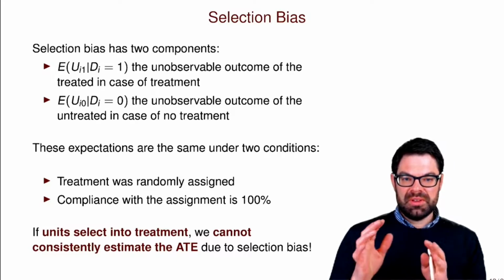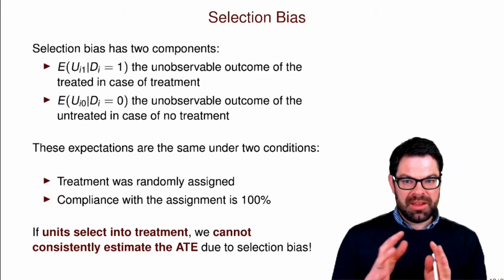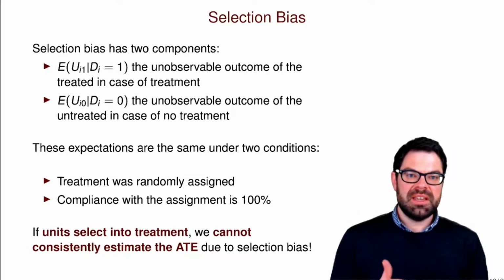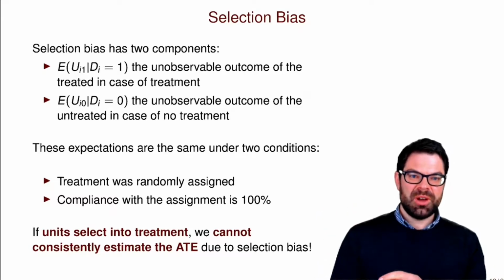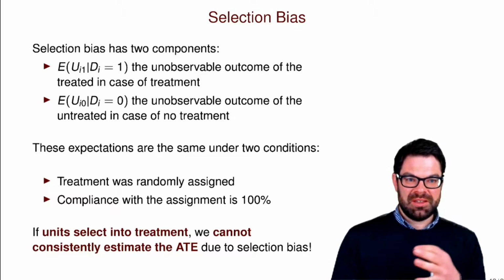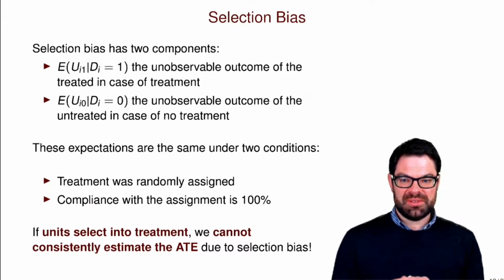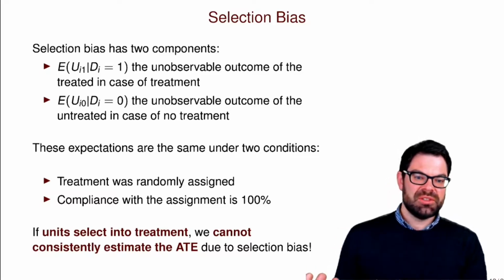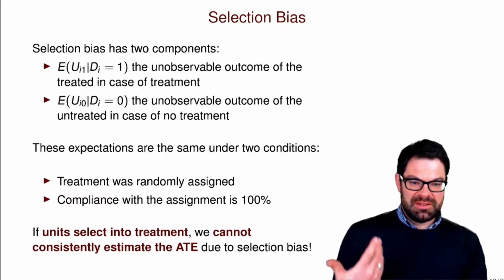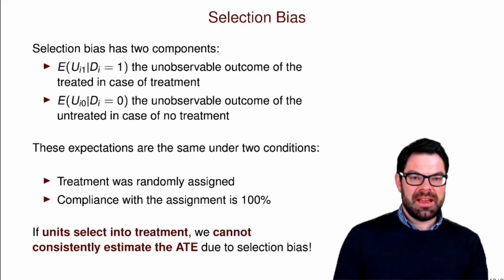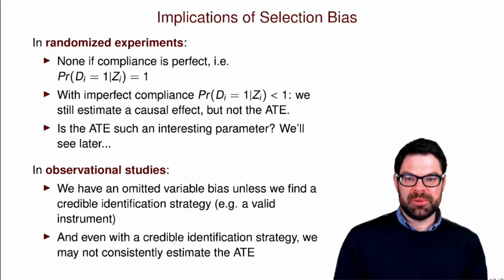And so therefore, we can already learn a little bit, or a good bit actually, about estimation of causal parameters and what some of the problems can be. So obviously, if you have selection into treatment, so if it's under people's control whether to select into treatment or not, consistently estimating the average treatment effect is not possible. So what are the implications of that? Now,